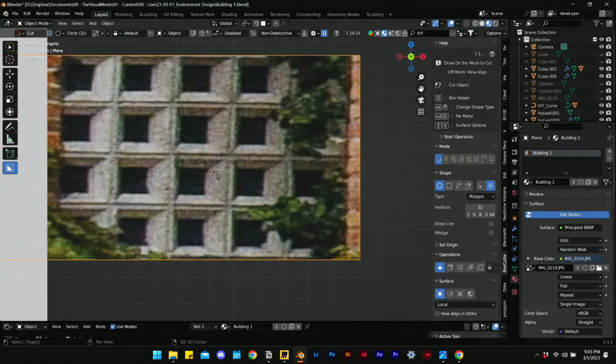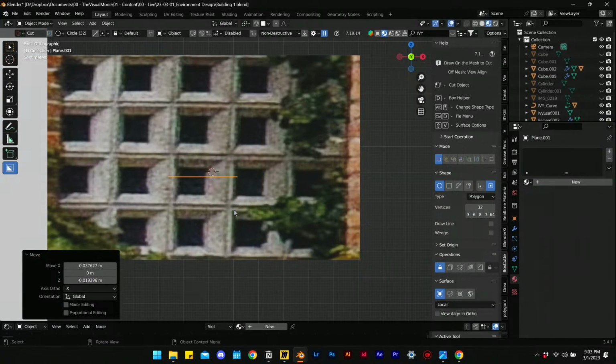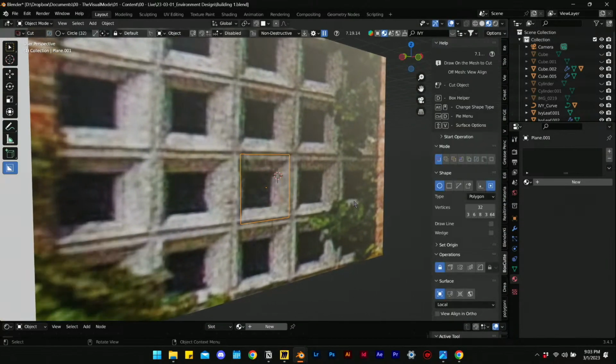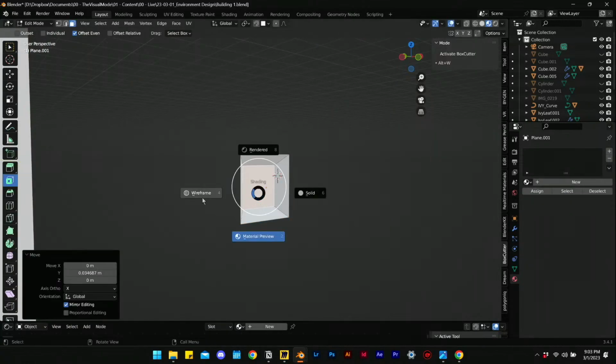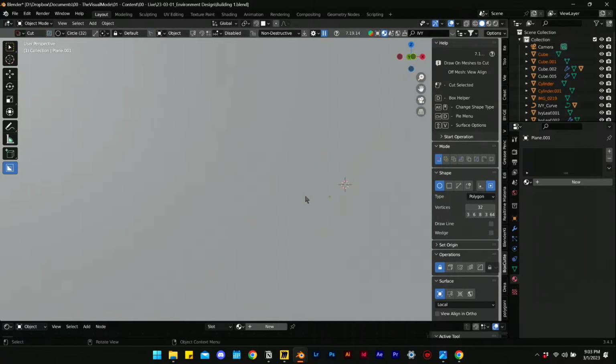I can add a new cube here, or a new plane rather. Make that fit the size right there. RX90. Bring that in over on a corner. Well, I'll copy one of these. So tab into it. This is a real simple inset faces right here. I can just inset those more or less right there. Go into a side view. At this point, you know, just taking some artistic license here. And if we take a look again at our reference plane,